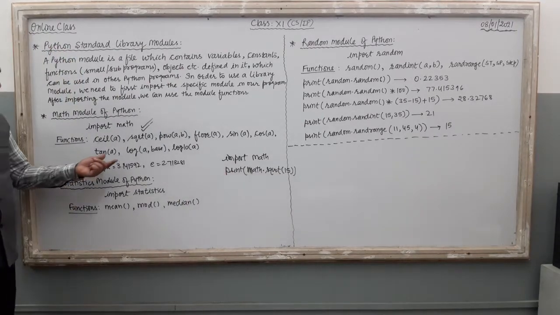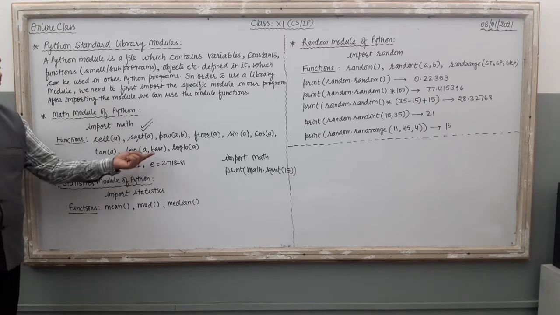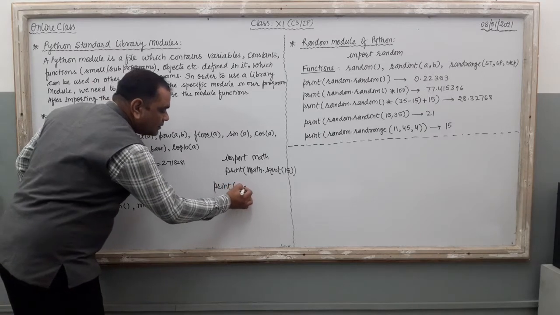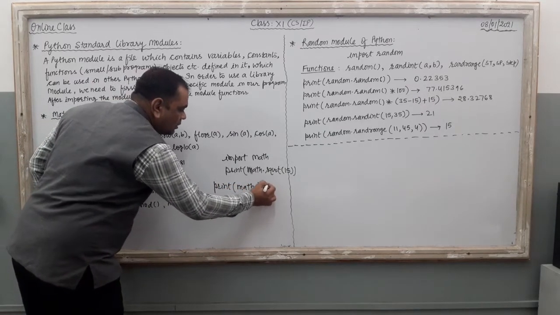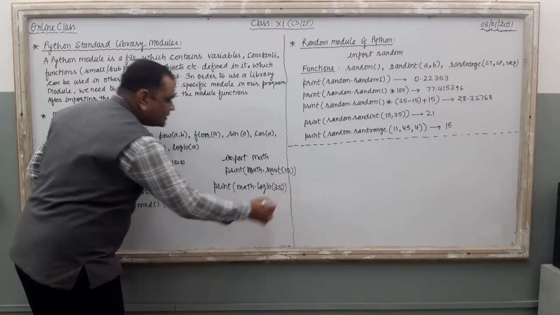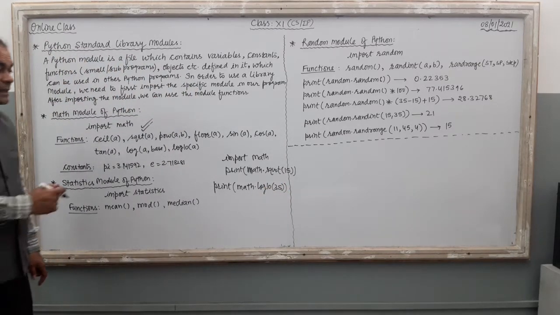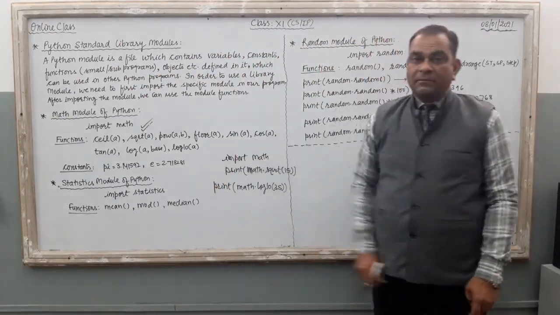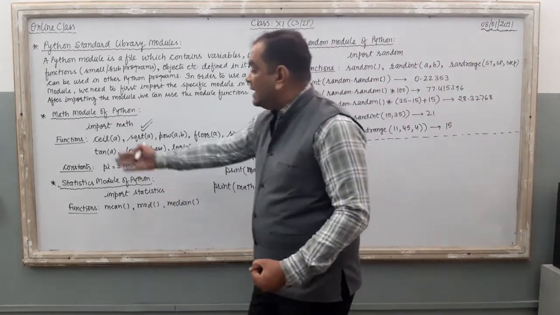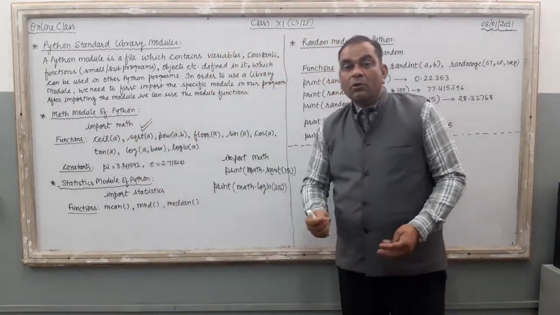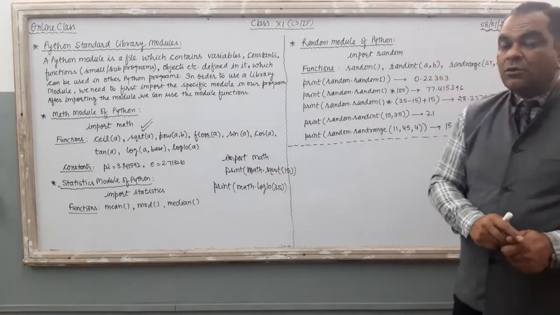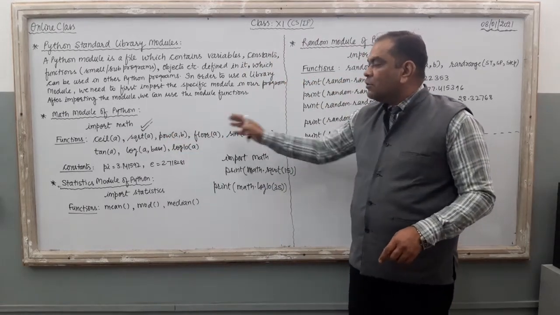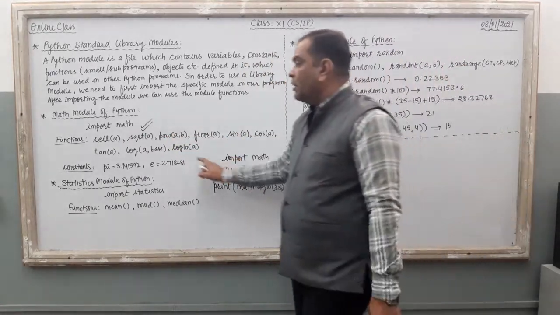Now just see, if we want to get the logarithm, or log 10, of a given number, my statement is print math.log10(35). Just see the statement. Right? For using these functions, you have to put math dot in front of the function names. Now, what is ceil and what is floor, I am going to upload a notes file also, by which you can understand the meaning of ceil, floor, then sine, cos, tan, and these things. Right? So in the math module, these functions are there.